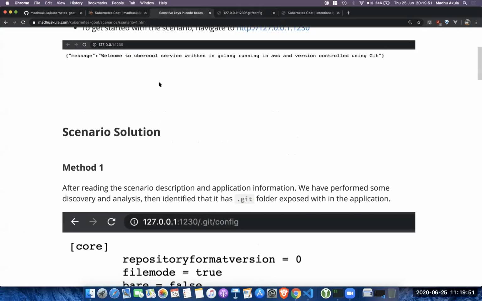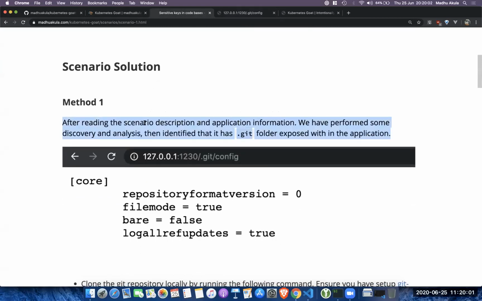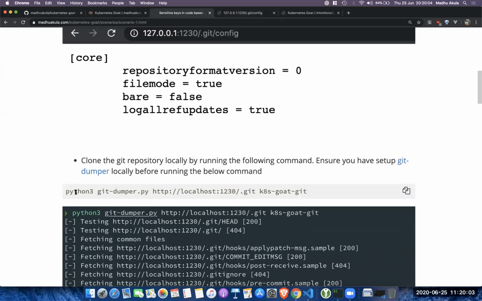If you want to try it yourself without looking at the solution, you can go ahead and see what you can explore. And if you're stuck somewhere, feel free to come back and look at the solutions, right? You can see there is a Git folder. I'm cloning the entire Git folder from localhost, because currently that's where you are running. If you are running in a Katacoda playground, you might want to change this endpoint to whatever endpoint you have, right?